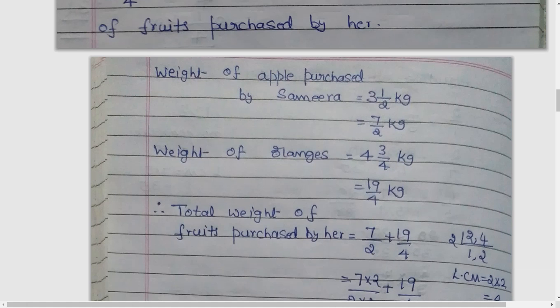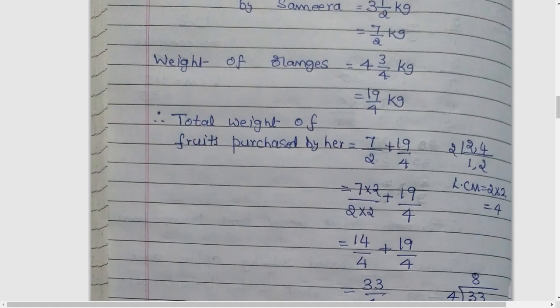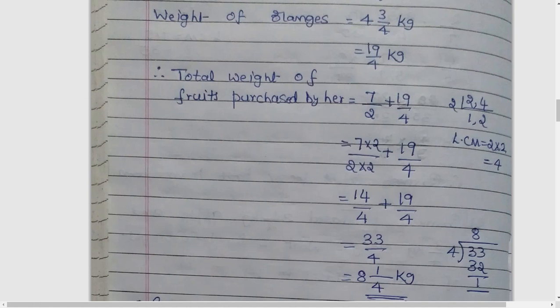So again 7 by 2 plus 19 by 4, equalizing the denominator. We have to take the LCM. 2 and 4, common factor is 2. Divide 1 and 2, so no common factor, multiply these two numbers, 4 is the LCM. To make 4 here, we have to multiply by 2, the same number to the numerator, but for 19 by 4, 4 is already there, so you don't have to multiply. So the product is 14 by 4 plus 19 by 4. So denominators are equalized, numerators can be added now. If you add 14 and 19, you will get 33, 33 by 4.